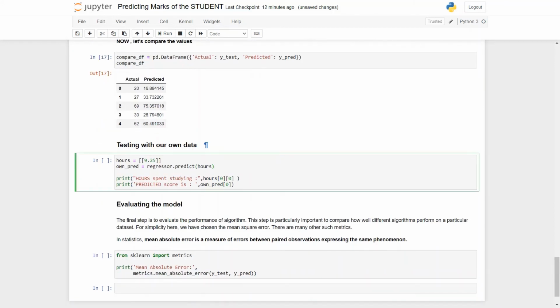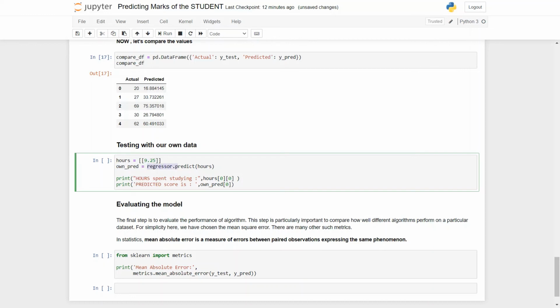The next task is testing the model we created with our own data. Let's say our data is the number of hours. Let it be 9.25 hours. If a student studies 9.25 hours, what could his score probably be? So we make a variable own prediction to store the predicted value for this number of hours.